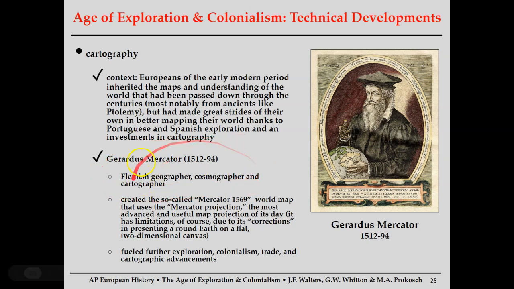So, a famous one is, of course, the Mercator projection. Mercator was a Flemish cartographer, and he makes the most famous map of the world that is still, even in 2023, used the most. It is pretty darn accurate, especially for being a 16th century invention. However, there are a lot of problems with it. The issue with making a map of the Earth is that you're trying to put a spherical 3D object onto a two-dimensional plane, and naturally you need to make quote-unquote corrections.